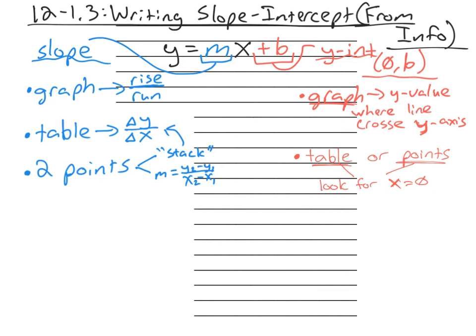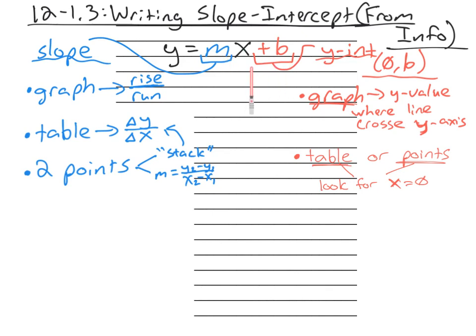All right, so remember when you're writing slope-intercept equations, it doesn't matter if it's from a graph. In this case today, we're looking at it from information. You've got to have two things: you've got to have a slope, and you've got to have a y-intercept. If you have those two things, you can fill out those parts of the equation and have the equation of